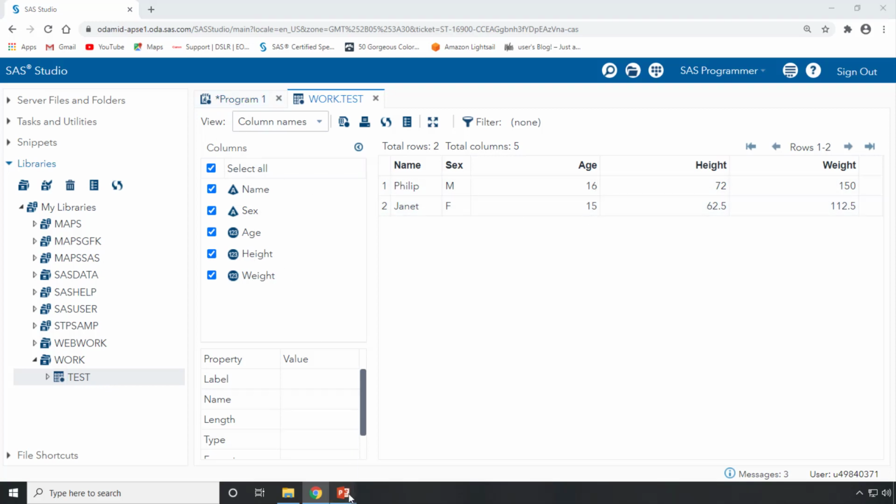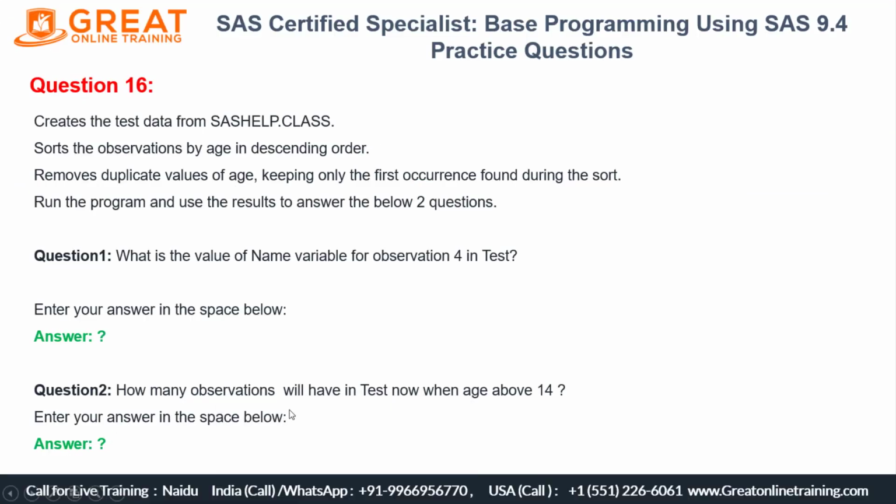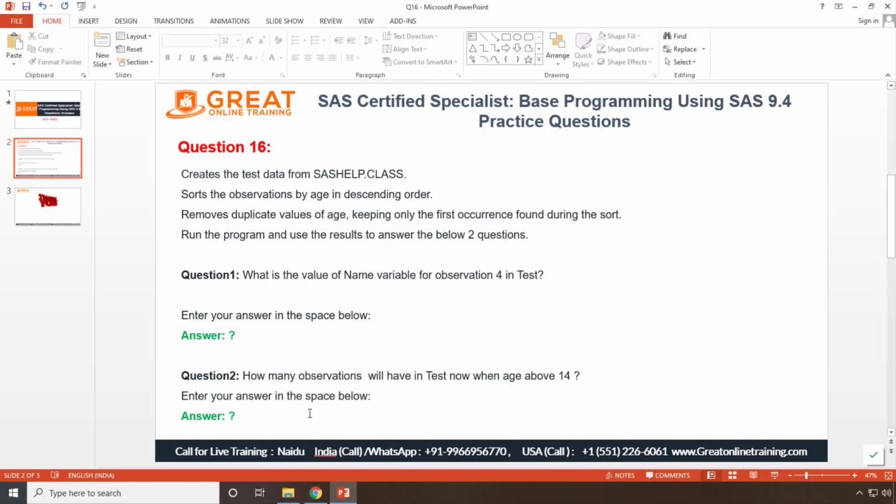So according to that question, how many observations will we have in the test data set above 14? It is going to be 2. So the first answer is going to be Alice, and the second one is going to be 2 observations. That's all about this particular question number 16.